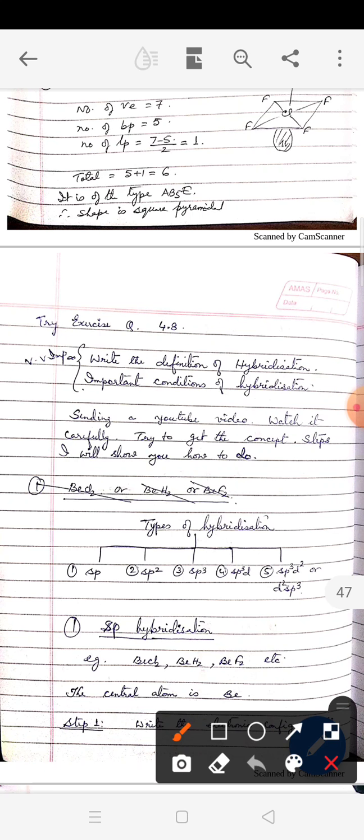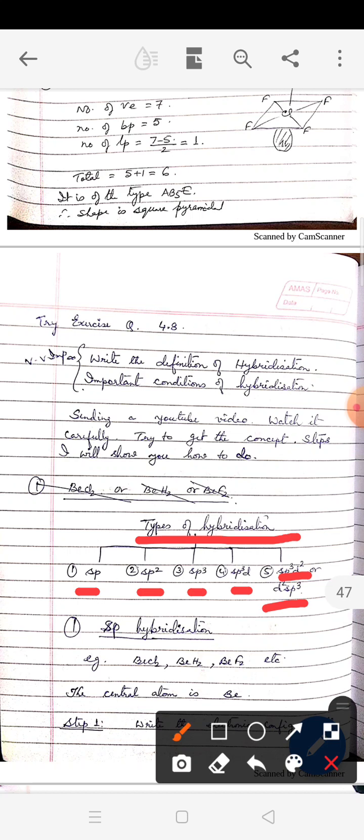Now as you can see here, we have done the classification of hybridization. They are sp, sp2, sp3, sp3d, sp3d2 or d2sp3. Now let us try to understand each type. One thing you have to remember, the names of the orbitals are always represented by small letters. So when you read sp, it should be small letter s and small letter p. So sp means you are mixing s orbital with one of the p orbitals. As you know, there are three p orbitals, px, py and pz, but out of these three, only one is taking part in mixing. So that is sp hybridization.